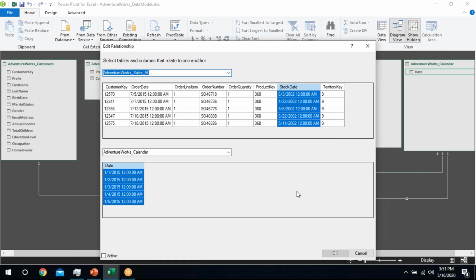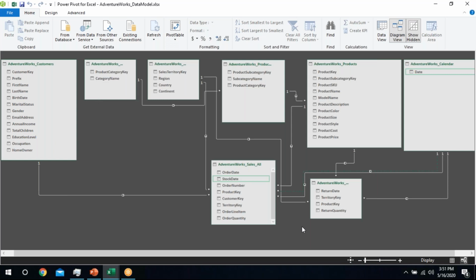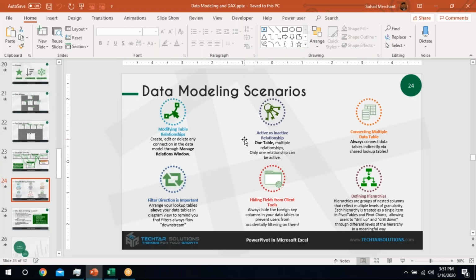Just double click on the dotted line and you can see that the active checkbox has been disabled. This means we can create only one active relationship. If one table has multiple relationships, we can only activate one relationship at a time.